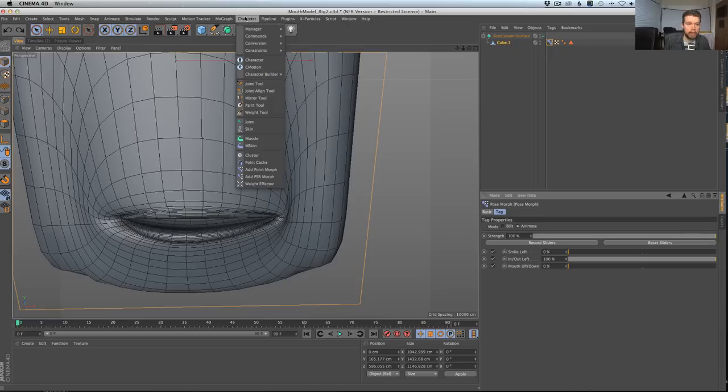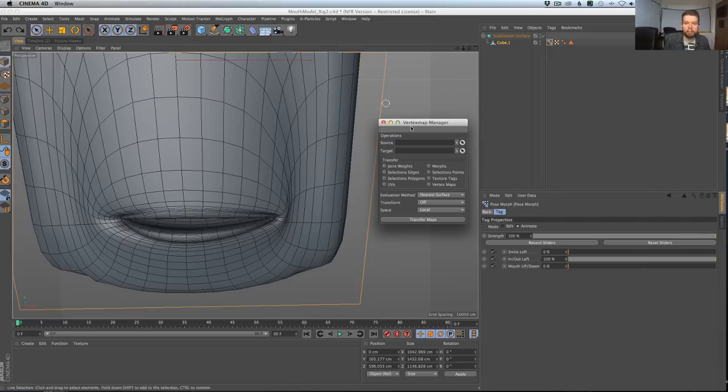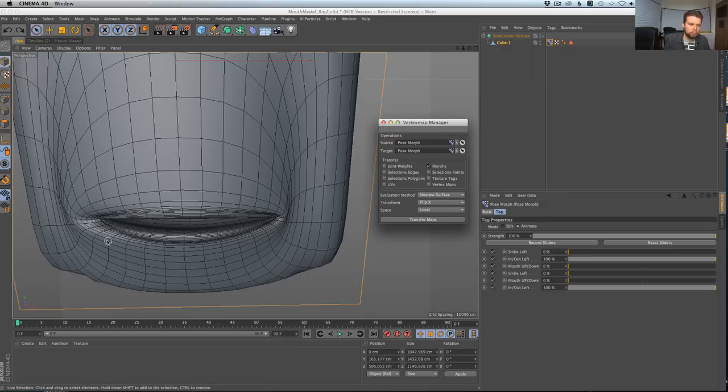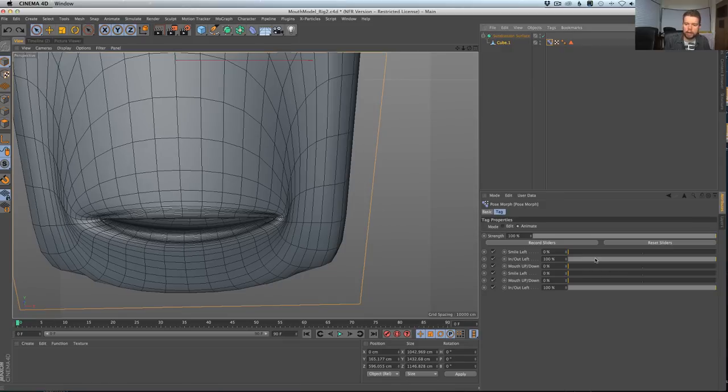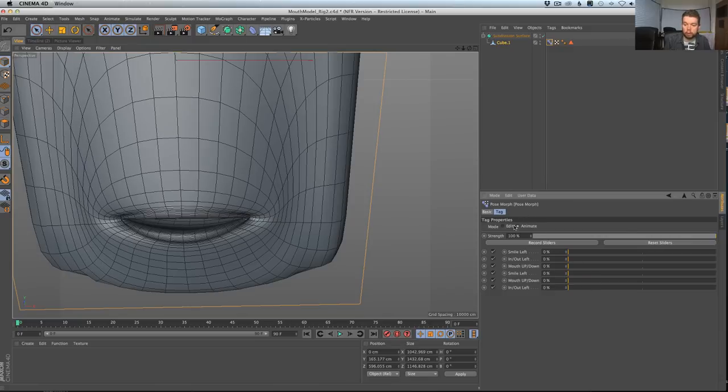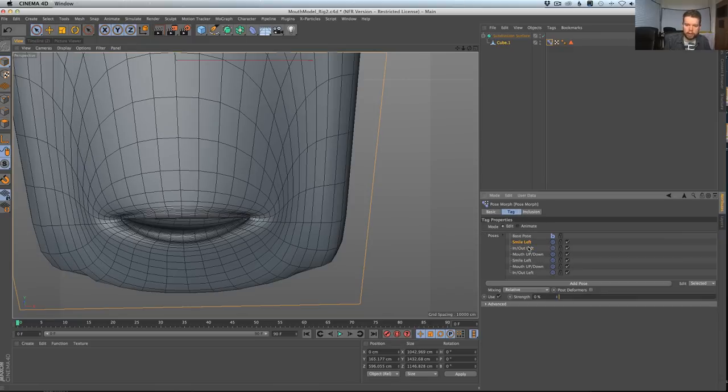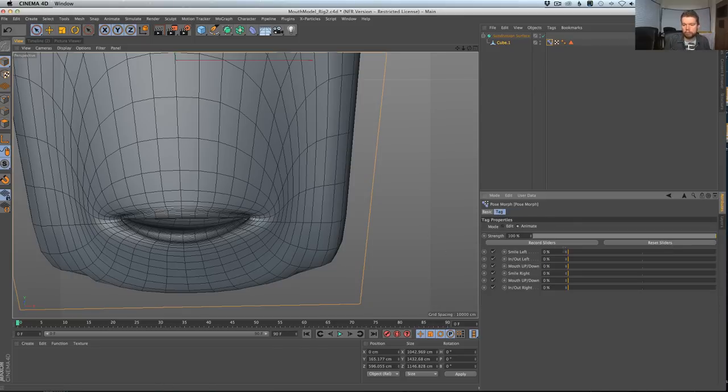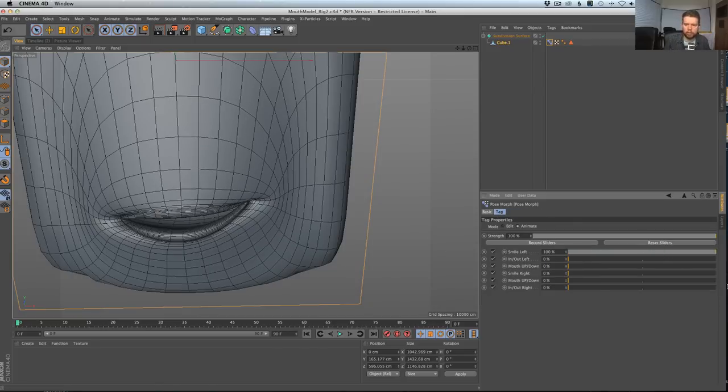It's not bad to recap. Character, manager, morph tag to morph tag, morphs, mirror on X, go. And it actually automatically matched the slider as well. It's a good idea to go in here, and we've got our left and right. Okay, that is left and right, so we want to go down here and make sure that we rename these right. Okay, because it's just important to keep track of those. We can also change the order of them and whatnot.